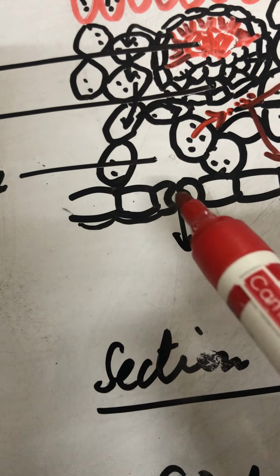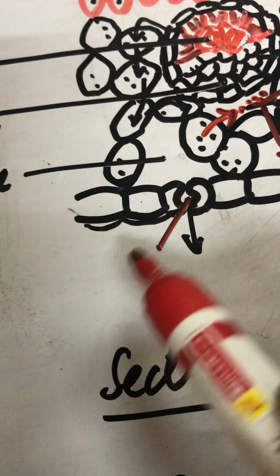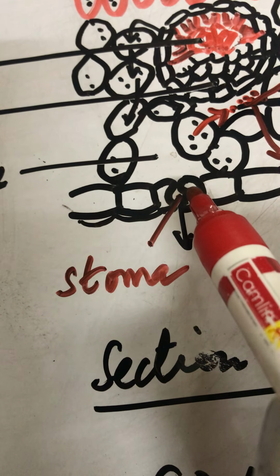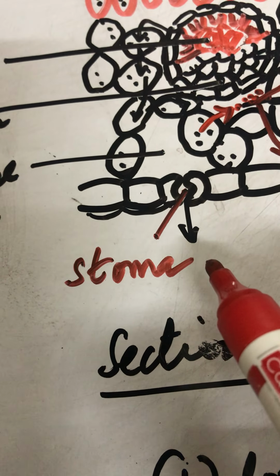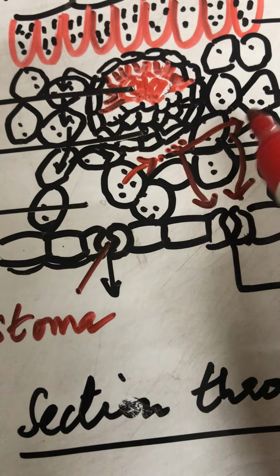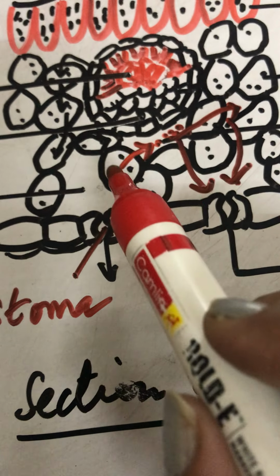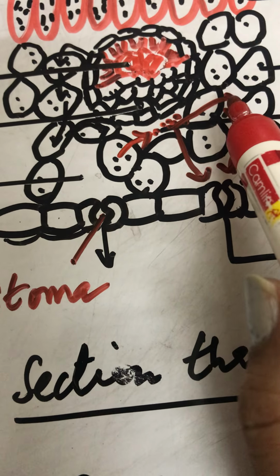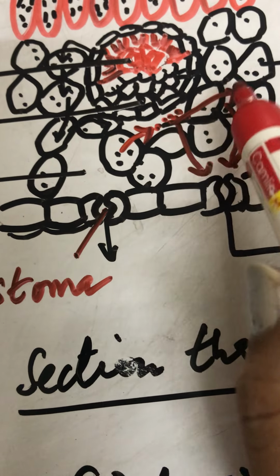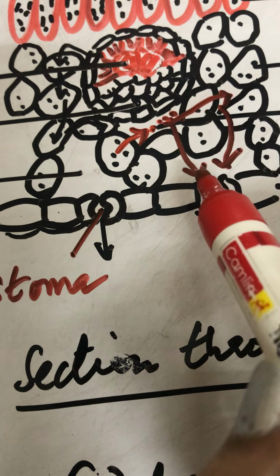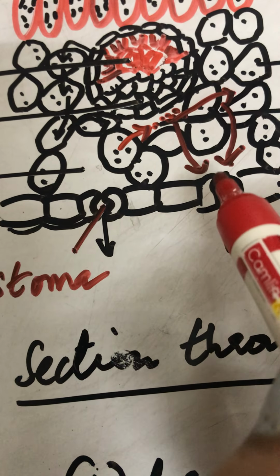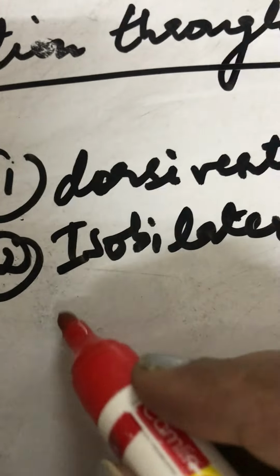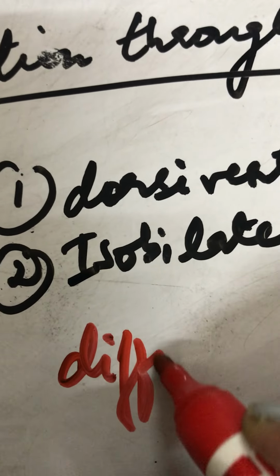From the substomatal space, it comes into the stoma. Opening of stomata is called the stoma. So it comes into stoma, and from the stoma it diffuses out. So this entire movement, the red arrows what I am showing, that is water changing into vapors, moving from one intercellular space to the other, and all intercellular spaces finally leading where? Into the substomatal space, and from here water vapor escaping out. All this is occurring by the process of diffusion.